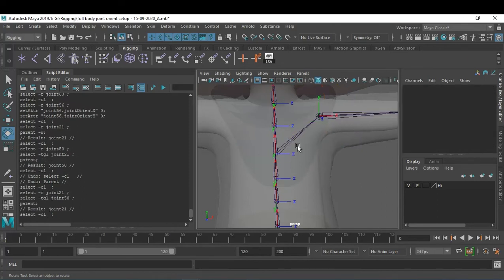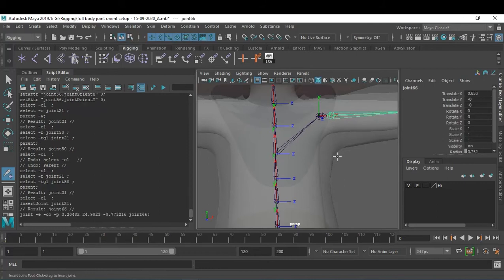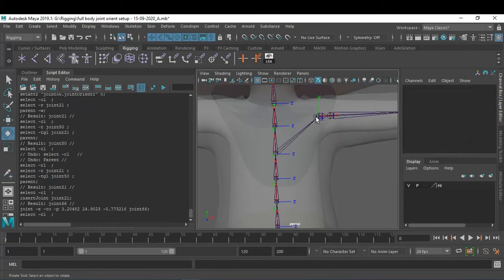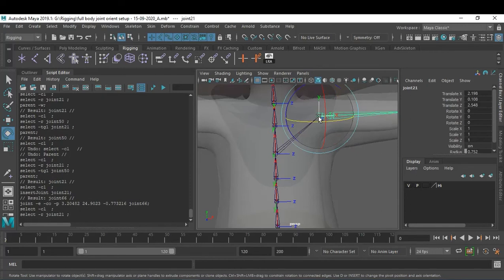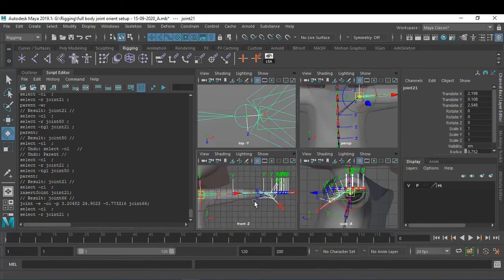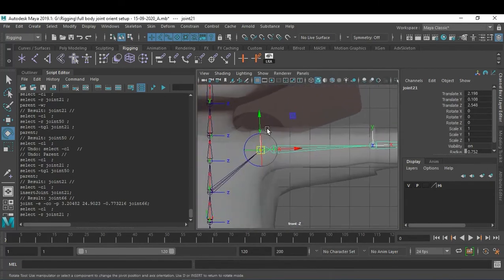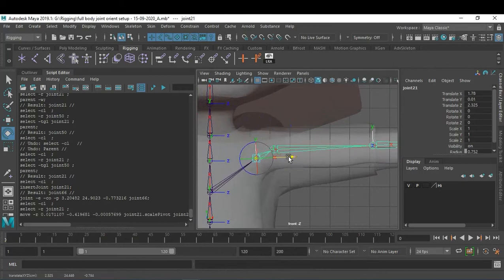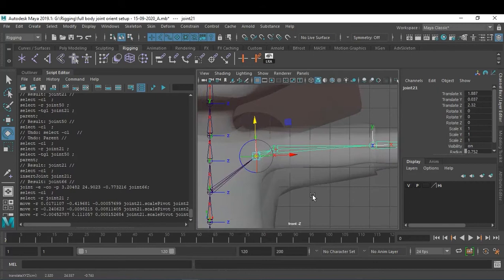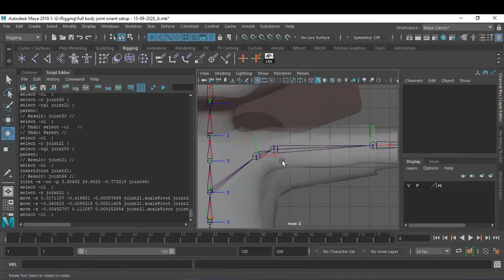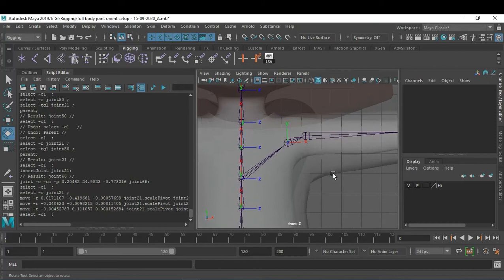So just connect to the solar plexus axis, or if you want, you can add an additional joint over here. In Skeleton, you can say insert joint, you can add an additional joint over here. And you can just shift this particular joint using D. I can use a different view, just to be on the safer side. This is for the skinning purpose. So you can use this particular thing.